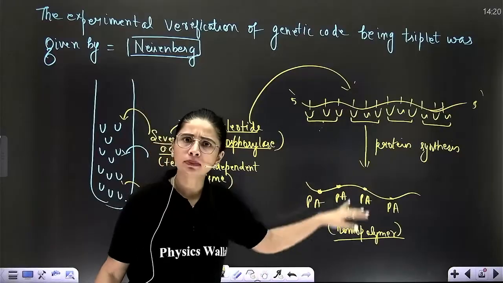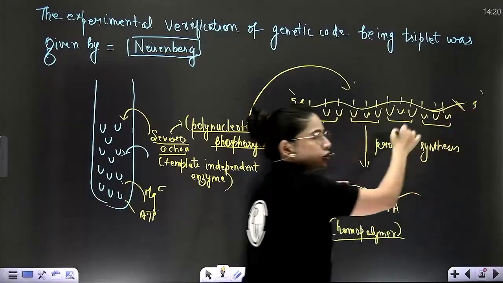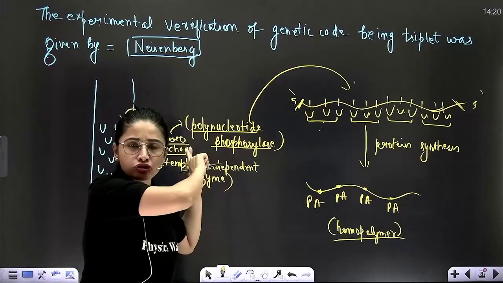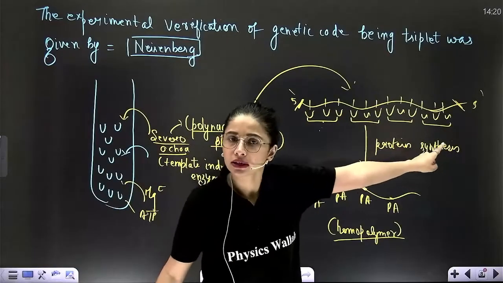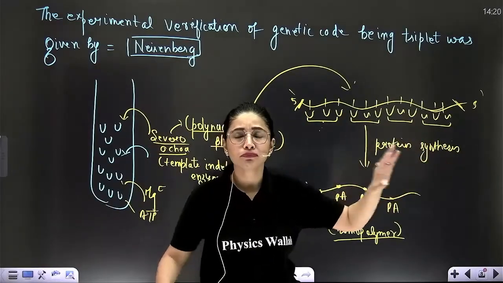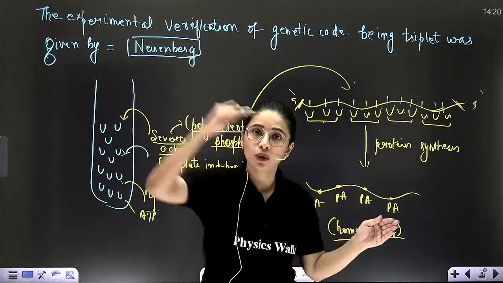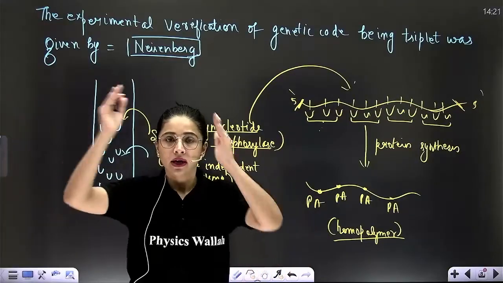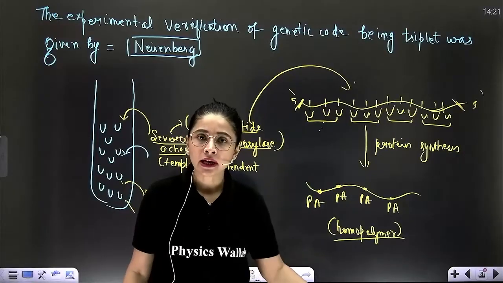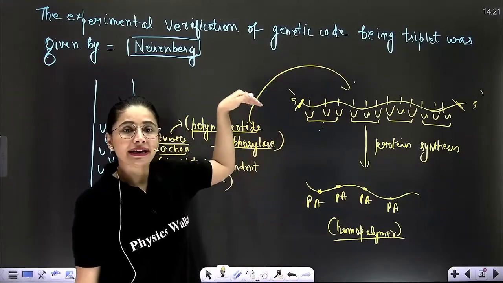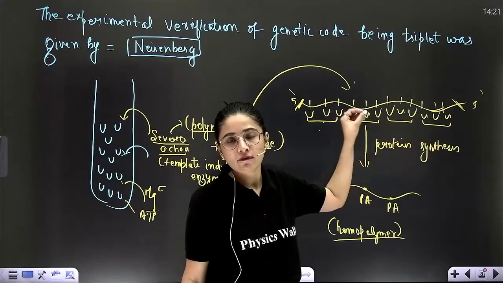And there are no commas, there is no beginning point and end point in between. So once the process starts, there is no breakage, there is no stopping of the process till the time the end point does not come. So there is no comma, there is no punctuation in the genetic code. Once it starts, it will only end at the end point, nowhere in the middle, if all the conditions are properly provided. So that means genetic code is read in a contiguous, continuous manner without any